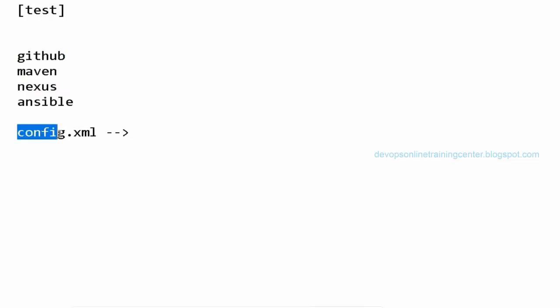We added the GitHub plugin, the Maven plugin, the Nexus plugin, the Ansible plugin. So how do we take a backup of this? For every job, there will be a config.xml created in the workspace. That has all the information, so even if the job is lost, from this config.xml we can restore.